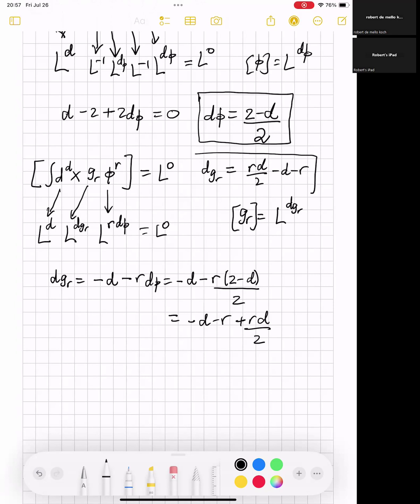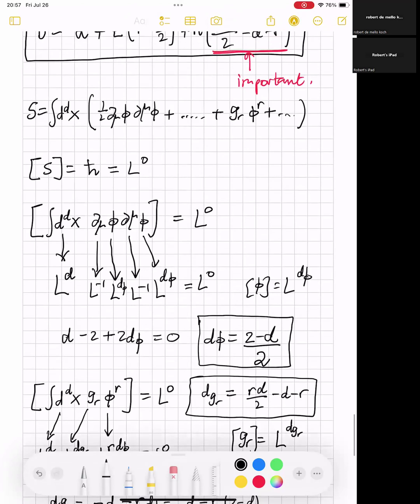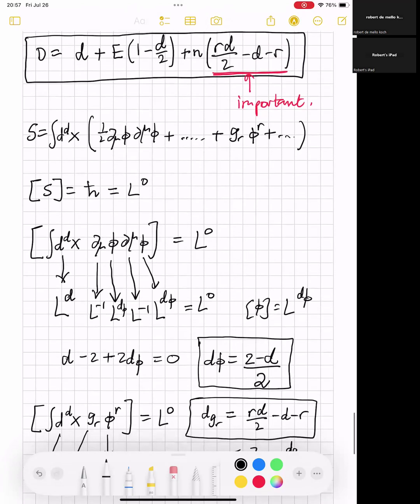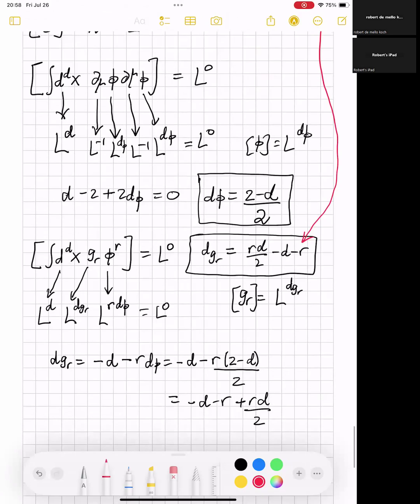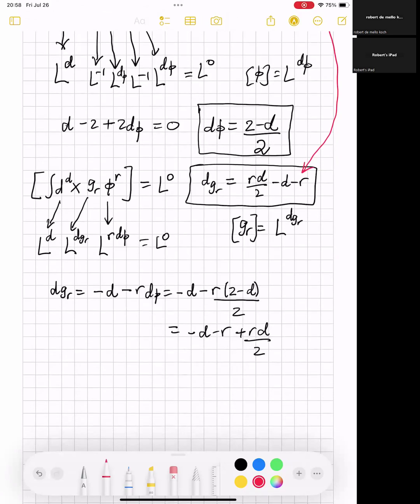Okay? And now, take a look. This number sitting here, rd over 2 minus d minus r, is exactly what we said was important over here. So in fact, what we are learning is the thing that determines whether the theory is renormalizable or not is the dimension of the coupling constant. So what we have just proved is